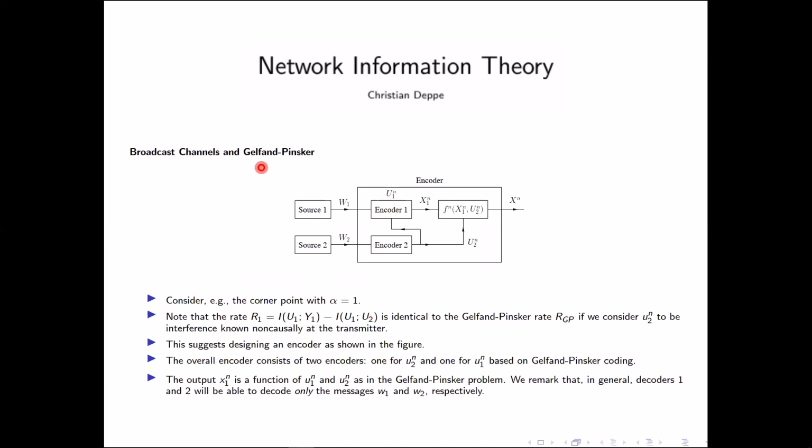At this point with alpha equal to 1, we have R1 equal to the mutual information of U1 and Y1 minus the mutual information between U1 and U2. And this is really identical to the Gelfand Pinsker rate if we consider U2 to be the interference known